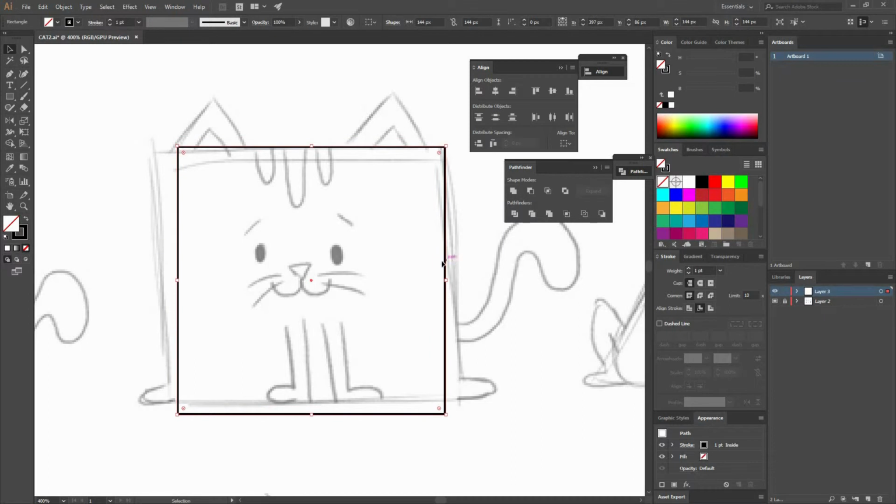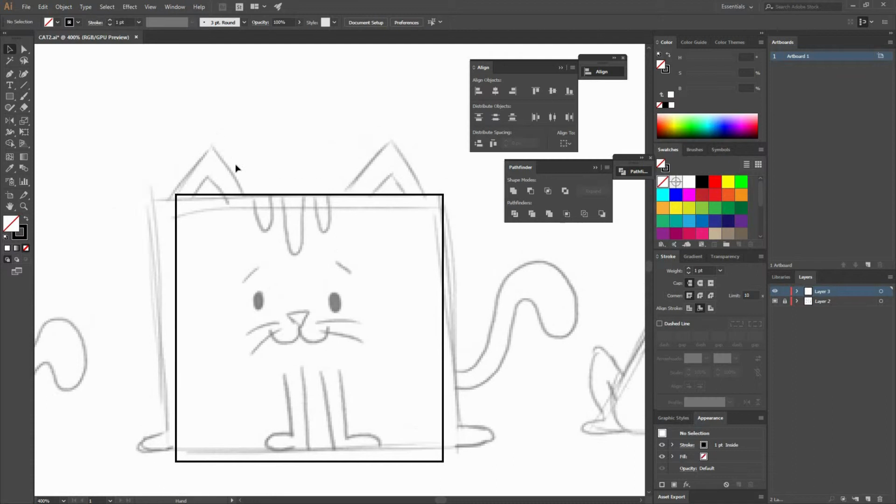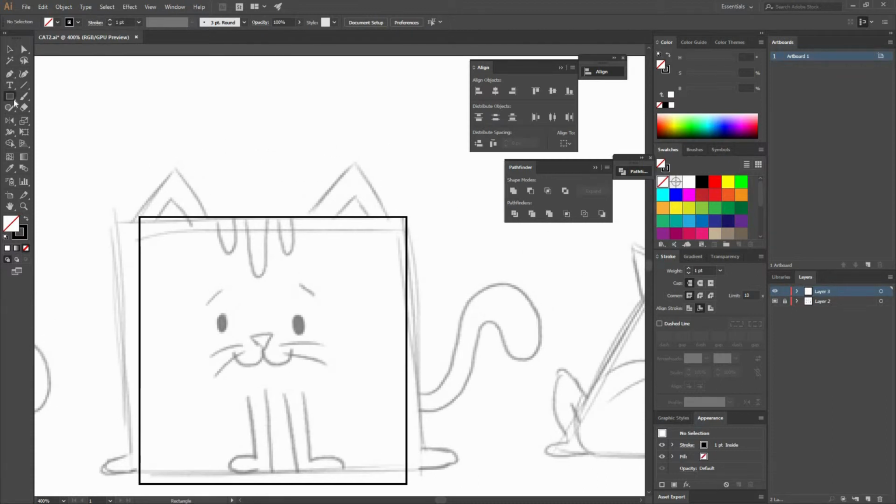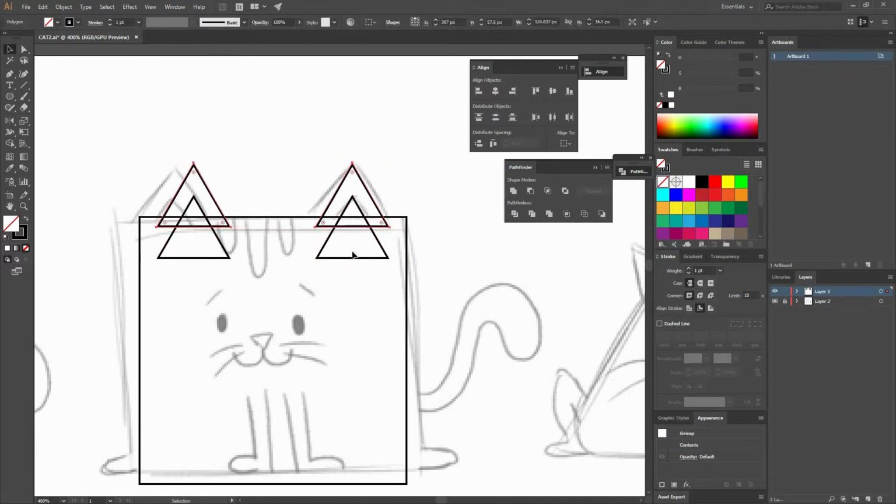Remember that my sketch was a little bit rough, so you could always improve it if you think that, for example, I was doing kind of a rectangle on my sketch and I actually want a square. So do that. Remember that you can create triangles by going to your polygon tool or your star tool, and always remember to group the shapes that are going to share the same color. And another thing that you should always remember is to align them properly.